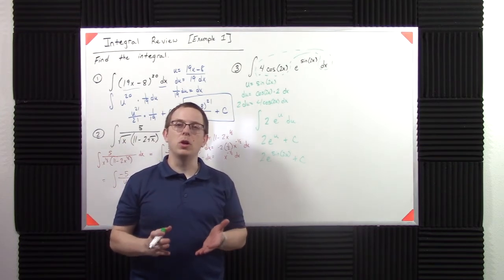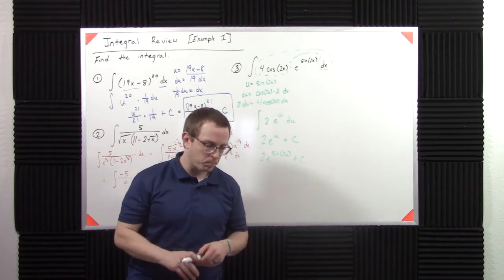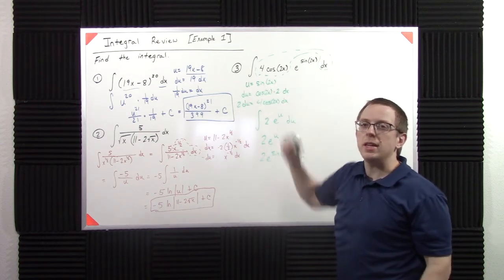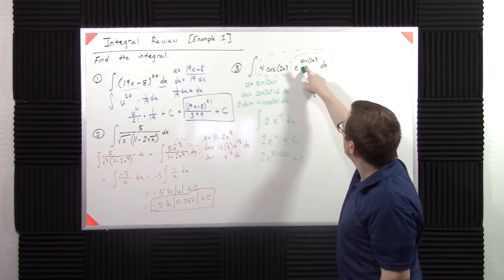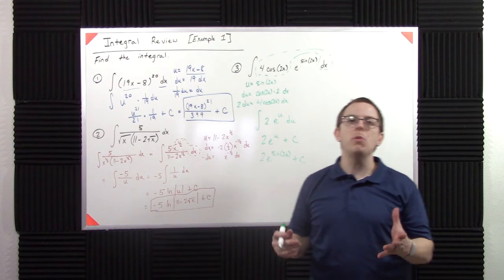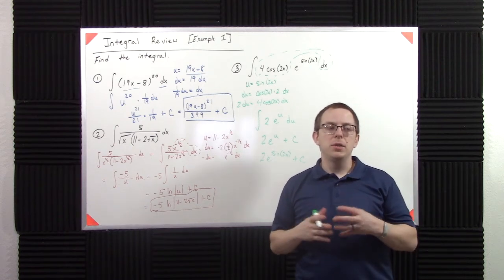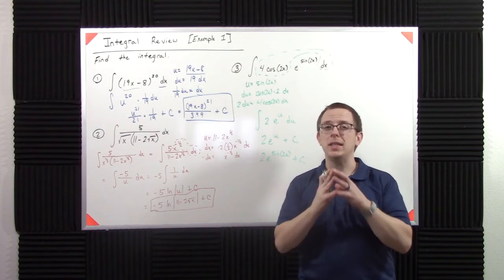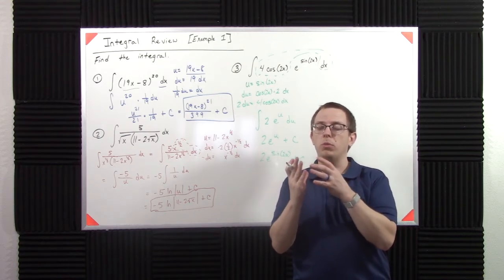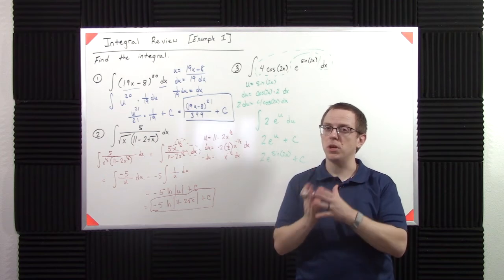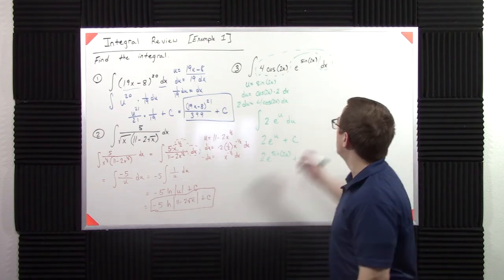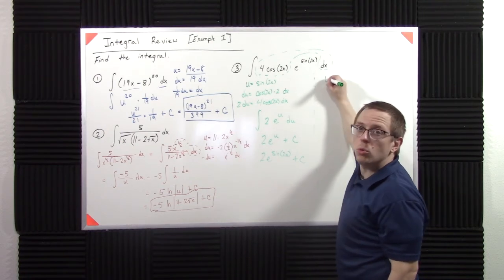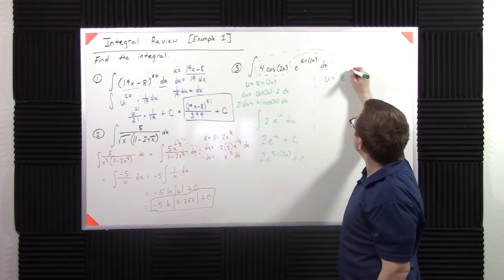I want to be a little more clever just for funsies. Instead of taking u to be this, I am actually going to take u to be the e function here. The reason is that sometimes it's helpful to push yourself a little bit, and sometimes surprisingly taking a bigger thing prevents you from having to do multiple substitutions. So let's do the case where I say u is equal to e